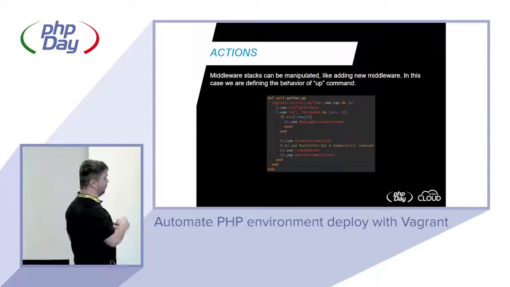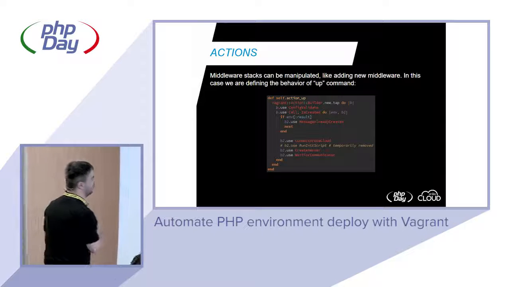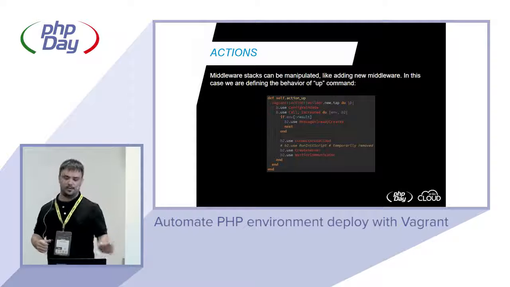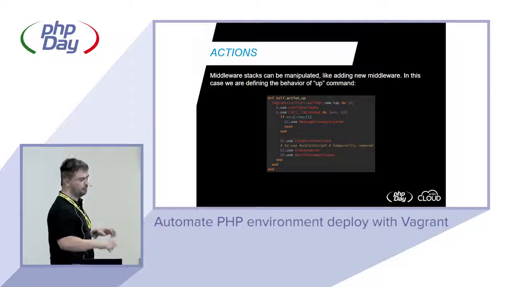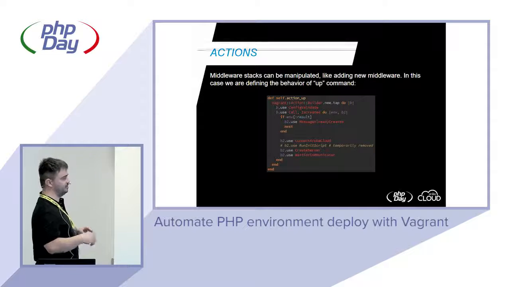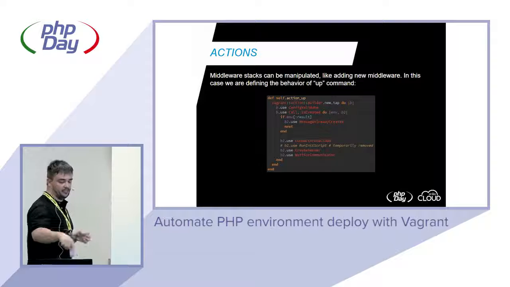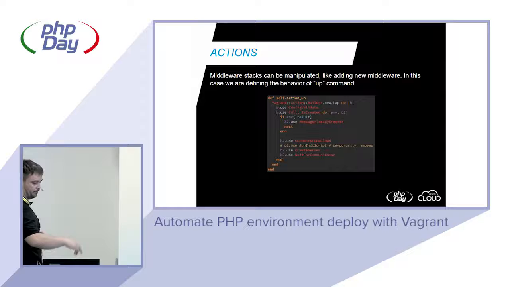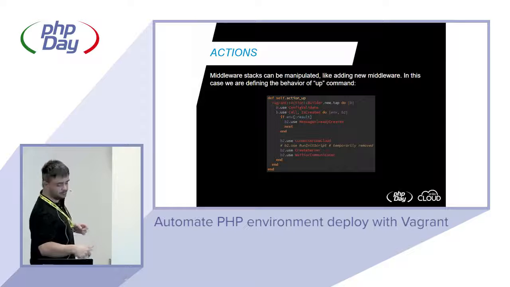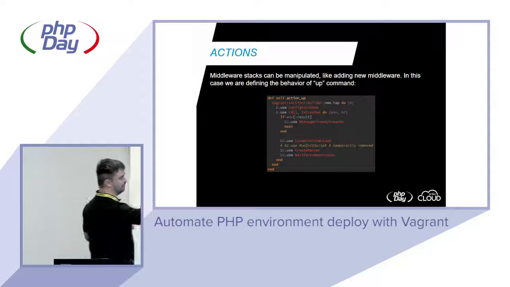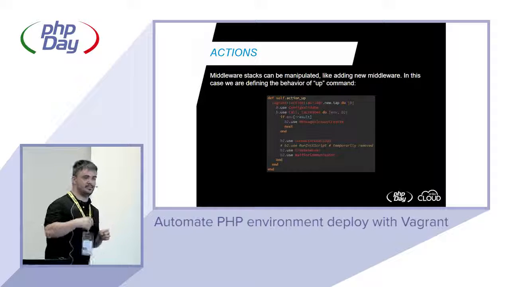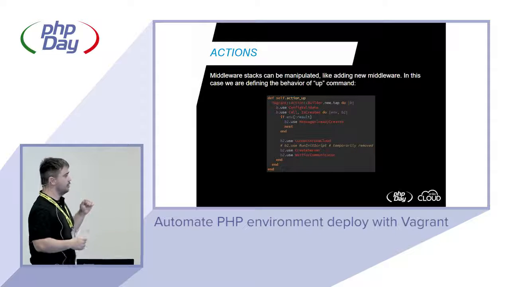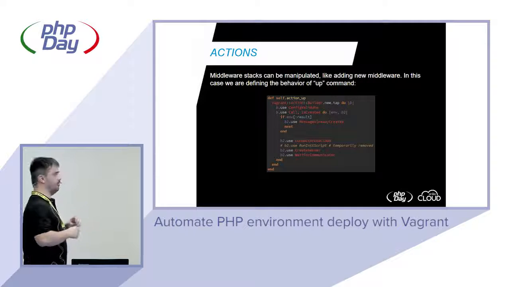This is an example of an action. When you type vagrant up, this middleware is executed. As you can see in the definition of the middleware, there is an action builder, which is the middleware creator, and the method use will push those classes inside the sequence of Vagrant middleware. You can also